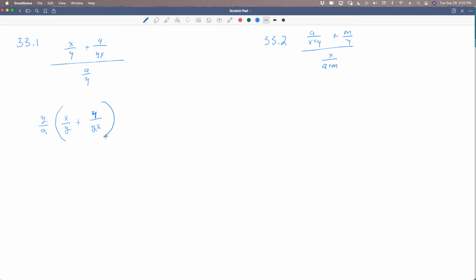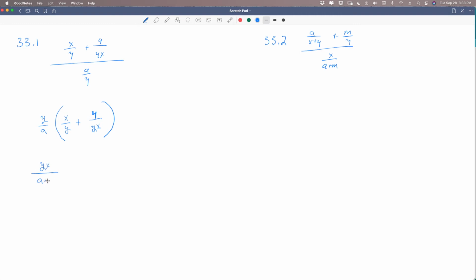And so then we just distribute. You know, I don't know how much simpler to make this than to do it like this. You could do the common denominator first and then just have two fractions. It's up to you. It doesn't matter. You can do it whichever way you want. I did it this way just to save that step on the front end, and we might do it on the end. So yx